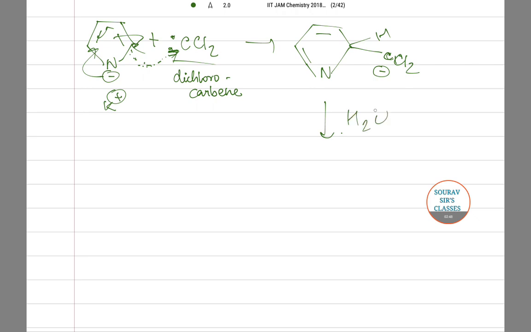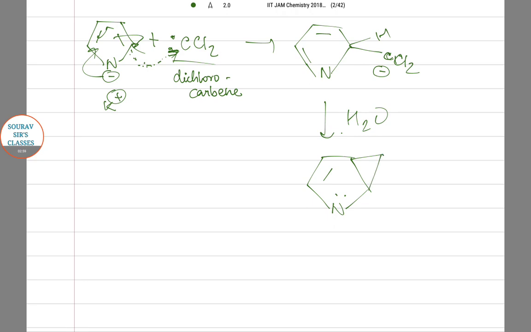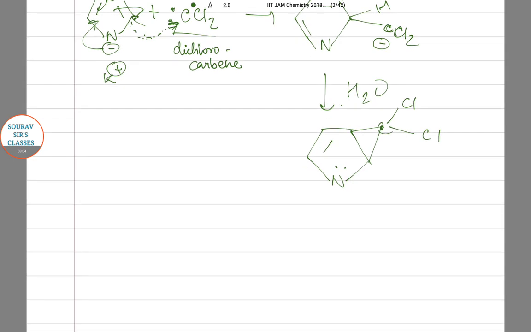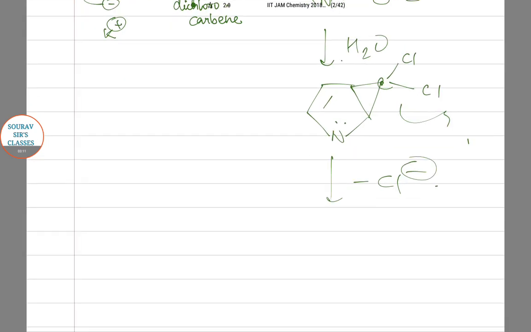This in presence of H2O will give us nitrogen present here, and this with the carbon here, and Cl another present over here. So next we will get minus Cl. This Cl will leave as a leaving group, and we will get this structure where this bond will come over here, a ring expansion will occur, and subsequently this will come over here,